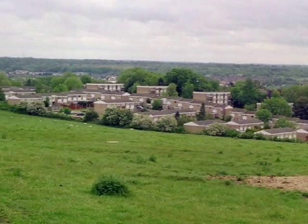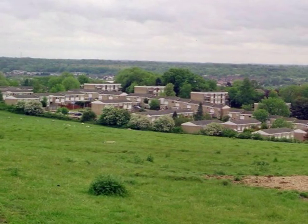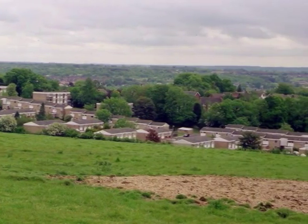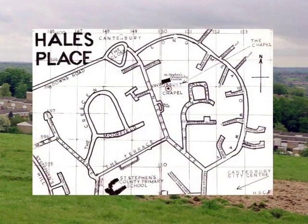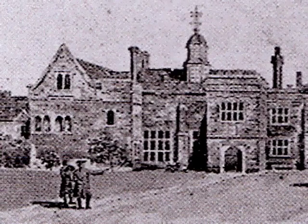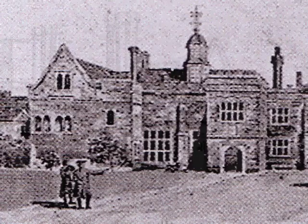A view of the Hales Place area as it looks today from the top of St Stephen's Hill with Downs Road in the foreground. The map shows the primary roads making up the estate and the position of the chapel in Tenterden Drive. The real story, however, begins in the year 1227 when Archbishop Stephen Langton built a mansion in